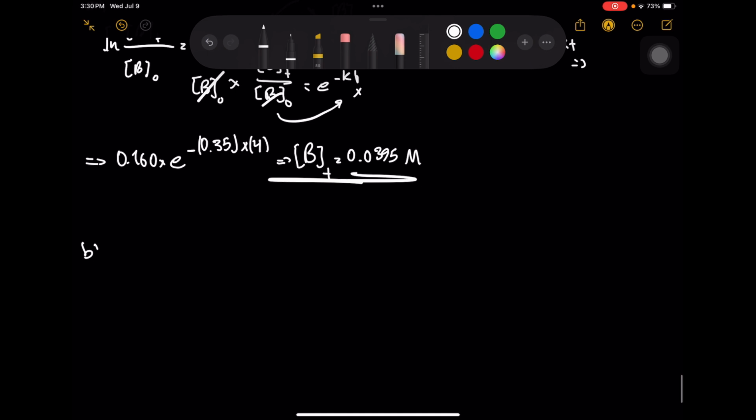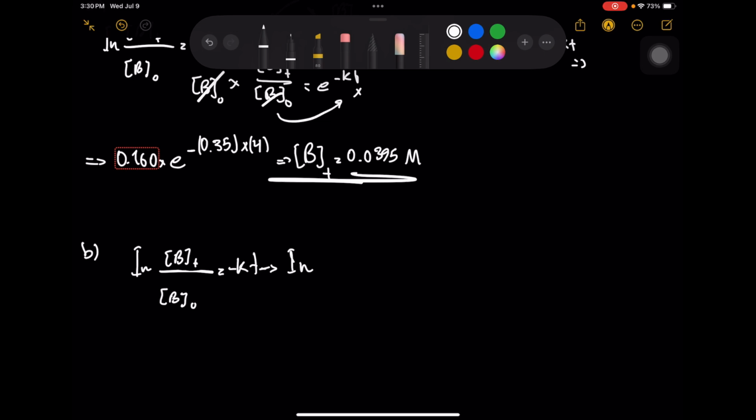For part B, it says find the time required for the concentration of B to drop from initial B to 0.1. Again, same formula. ln of concentration Bt over B0. I'm sorry guys, I have to write it outside the bracket, but it's just a habit of mine. B0 equals negative kt,